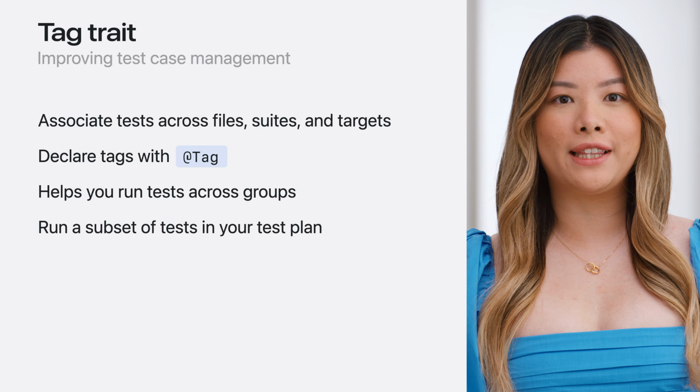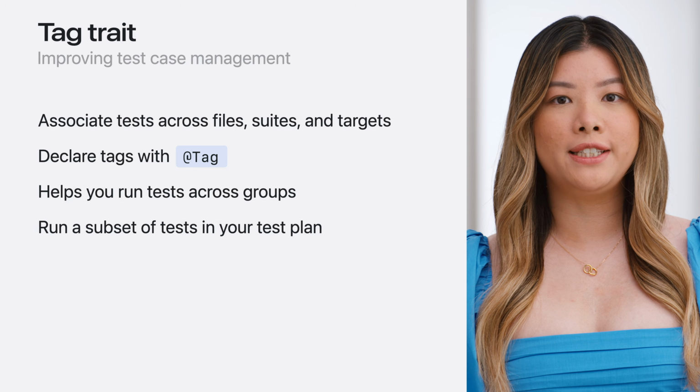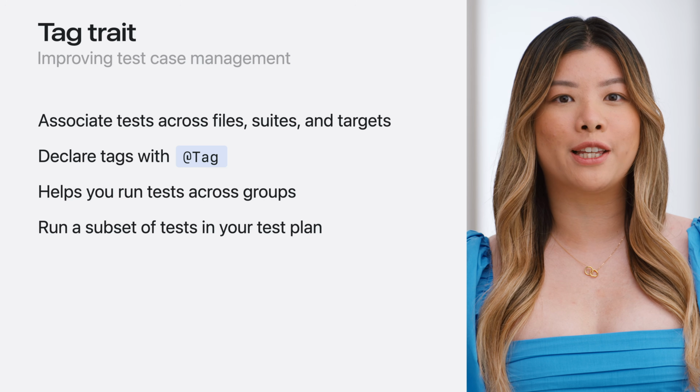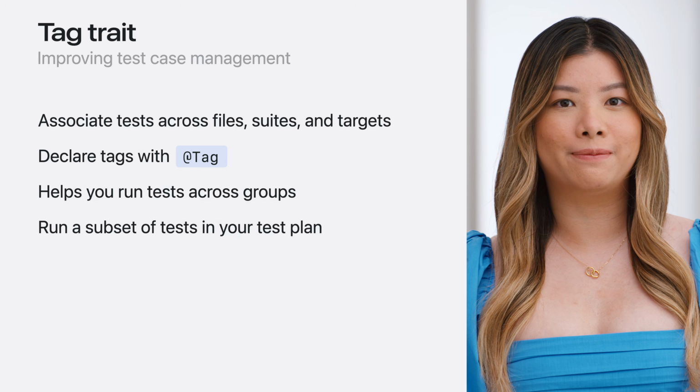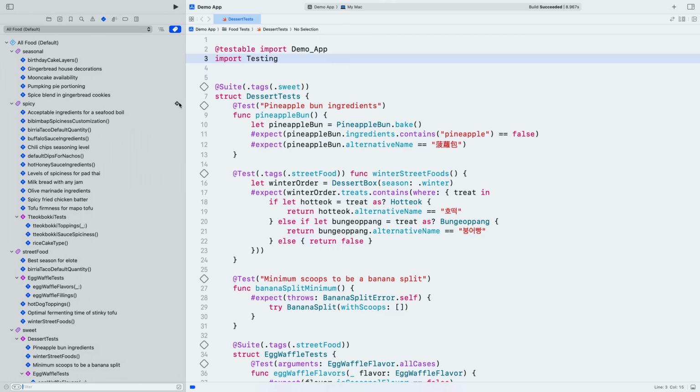In addition to running these tests manually, you can save these tag preferences to your test plan using the redesigned test plan editor. I've created a new test plan that includes a core set of reliable tests so I can quickly catch any bugs I might introduce as I make changes. This test plan includes all of my test targets. I can switch to this new test plan by selecting its name, Core Food, from the list of test plans in the Test Navigator. Then I'll open the test plan editor by clicking its name directly in the Test Navigator.